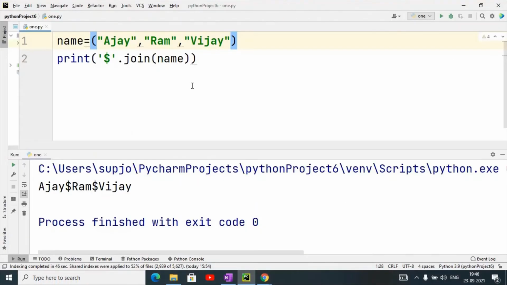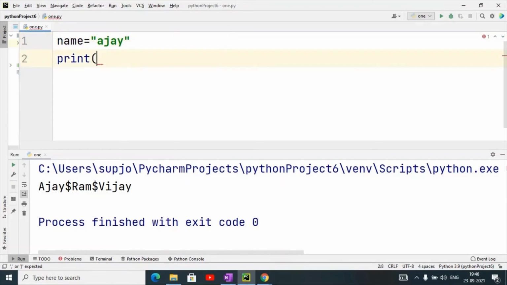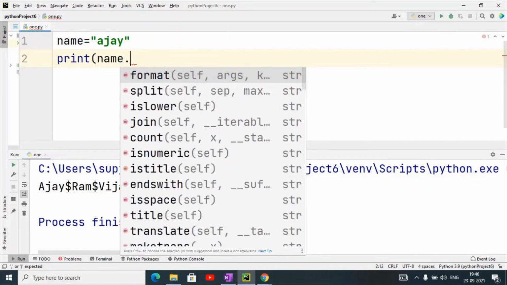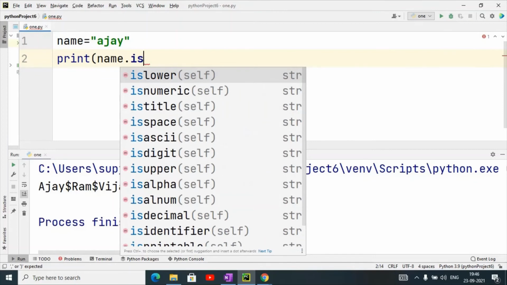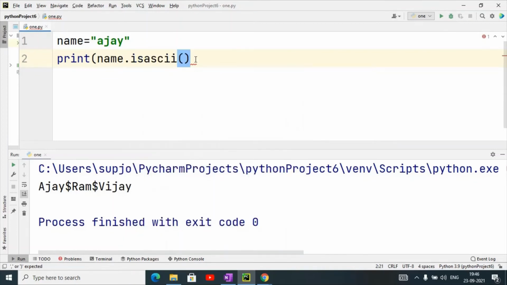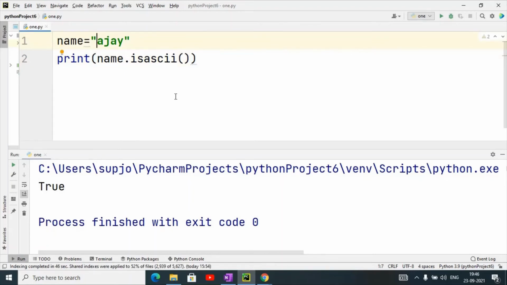Let us check in an example. Suppose I have given the string Ajay, then I will use name dot isascii. It will return true if all characters are ASCII, because whatever I type from the keyboard, they all have ASCII values.